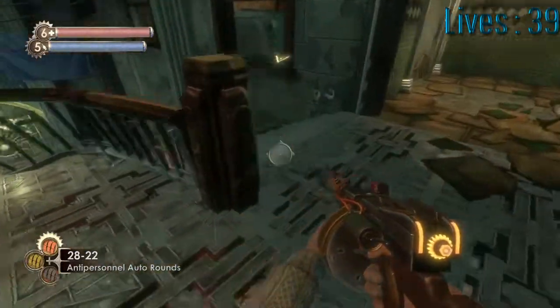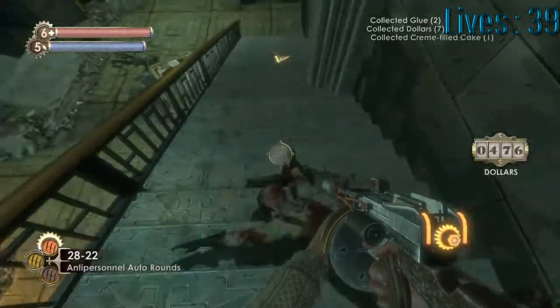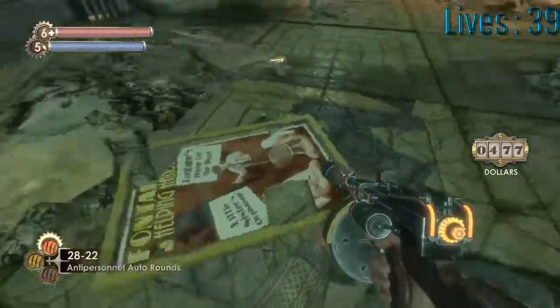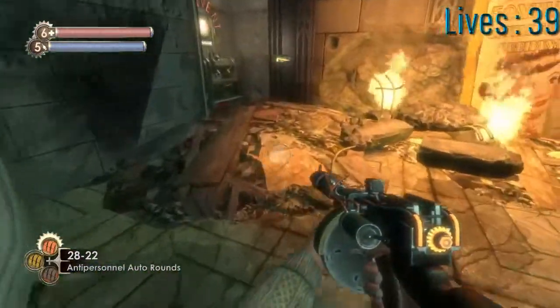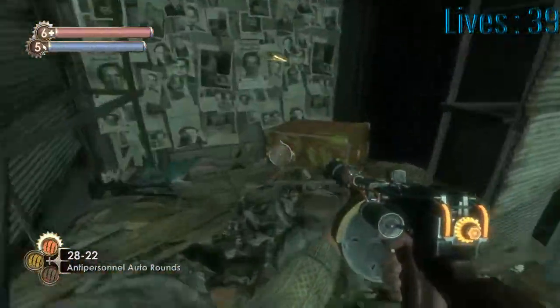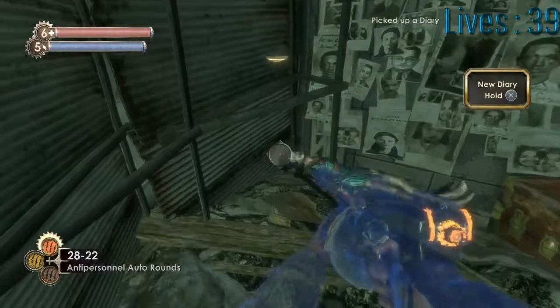So, here we go. As you hear there, obviously Fontaine sort of taking control of everyone who came to Rapture, and I think there's another audio diary where he talks about the fact that there always needs to be someone to actually sort of clean the